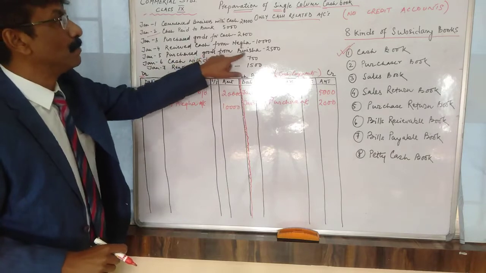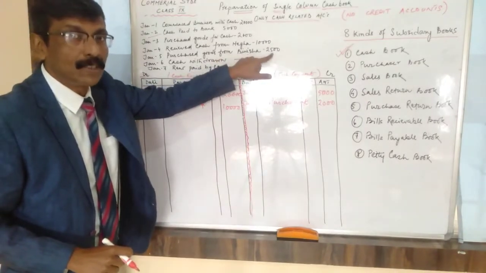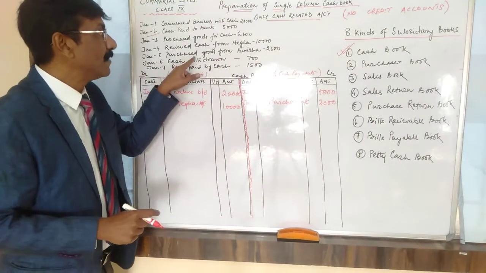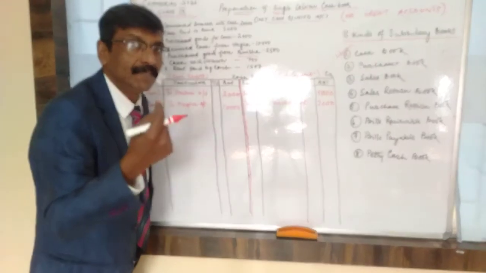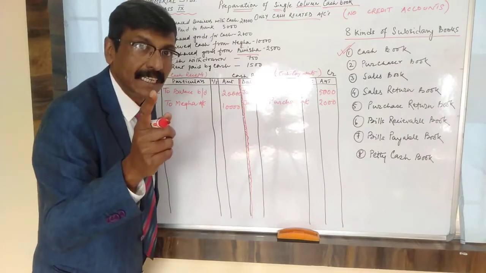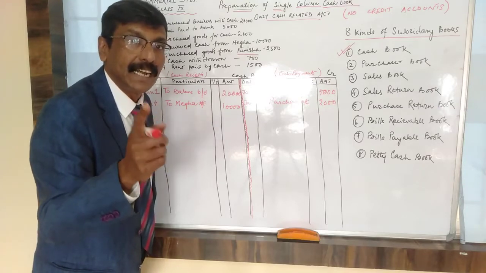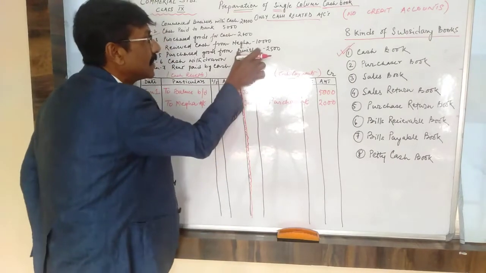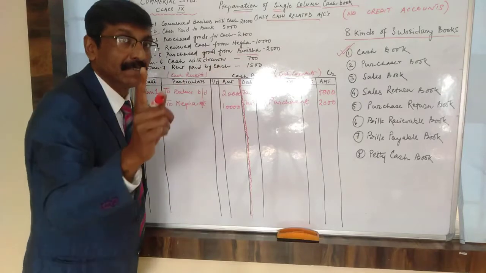Purchase goods from Binisha, 2,500. Now remember, I explained this before in the journal, I am explaining it now. Whenever a person's name is mentioned, that means I have not received cash, I have not paid cash. It is a credit transaction. It is paid through check or whatever, but it is credit. I have not yet received money, or neither has that person received money. Whenever there is a name, purchase goods from Binisha. Be careful with this.